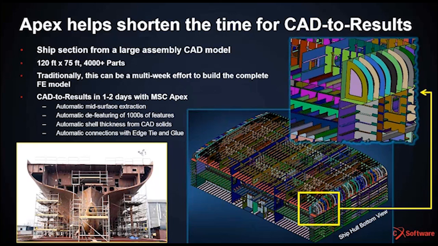So we've got a ship section here we're going to look at. It's got about 4,000 parts in it, and traditionally this section or even larger sections could be a multi-week effort to build and complete. It depends on the level of detail that you're going to keep in the model and what some of the mesh representations are going to be, whether it's beams and shells and things like that. Within Apex, very short, 1 to 2 days to automatically mid-surface it, defeature it, get thickness, connect things together,